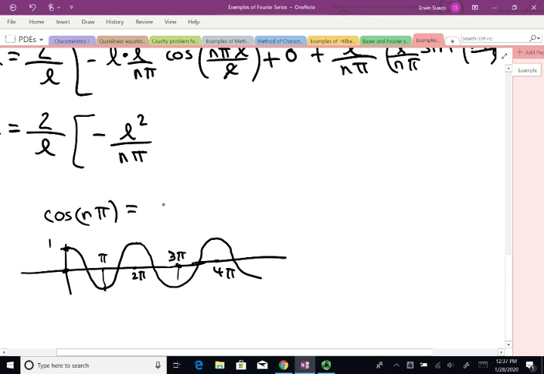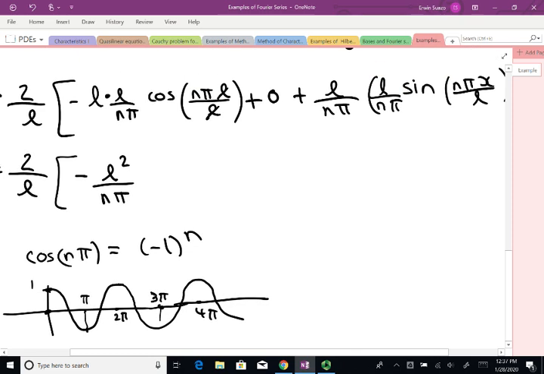So what do you want to do? So this is probably minus 1 to the n, right? If it's 0, 0 is even, so it's 1. If it's 1 times pi, I got minus 1. If 2, I got positive 1, and so on. So this guy is minus 1 to the n